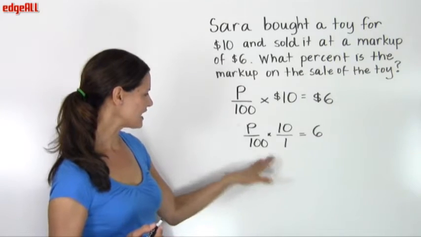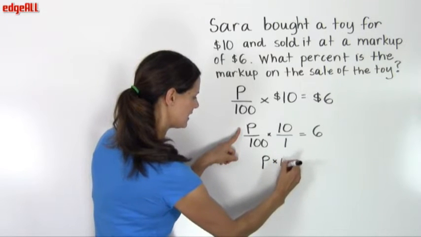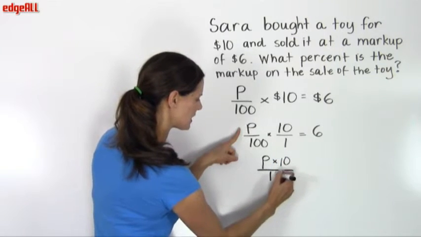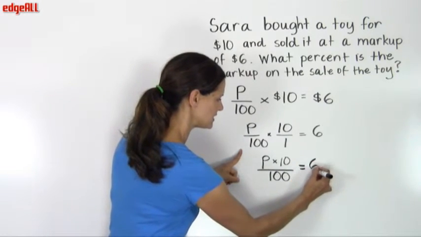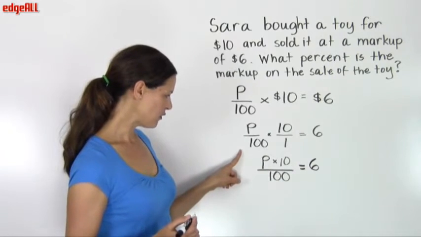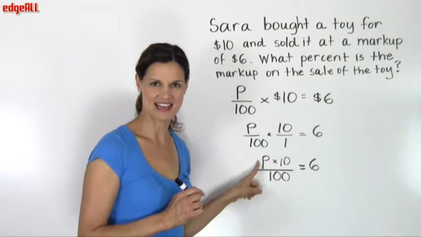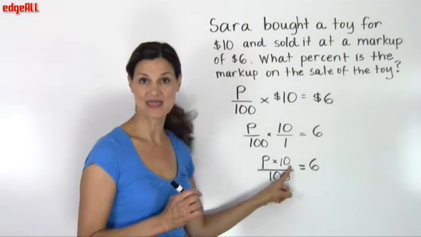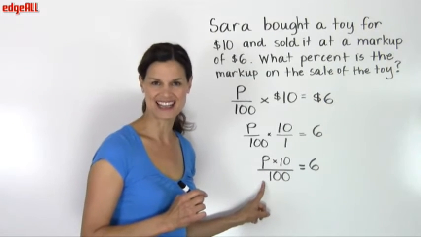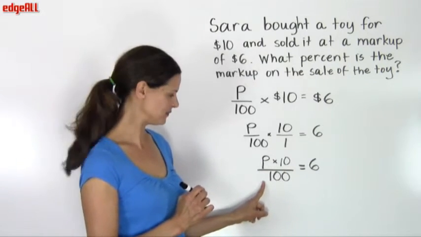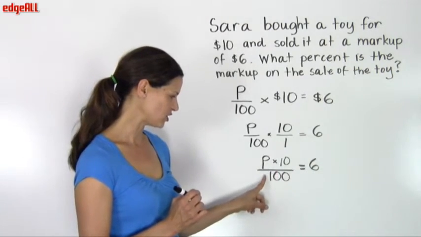So I start out here by doing P times 10 in the numerator, and my denominator is simply 100 times 1, which equals 100. And I still set this equal to 6. And just like we did before, we want this P all alone by itself on this side of the equal sign. Right now, there's a 10 in the way that's attached by multiplication, and there's a 100 in our way that's attached by division. So we need to multiply both sides by 100 in order to get rid of this